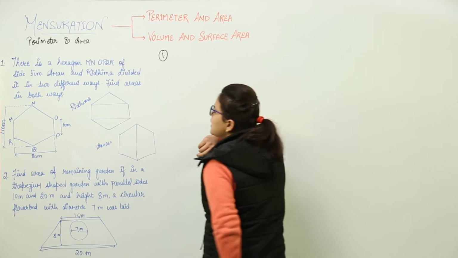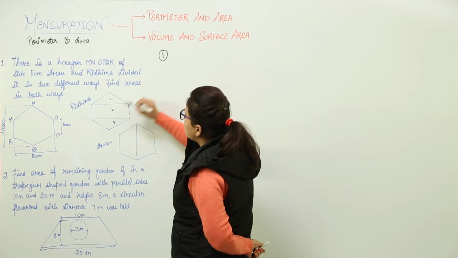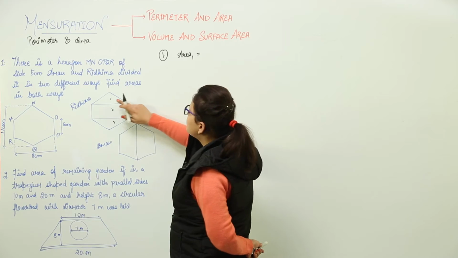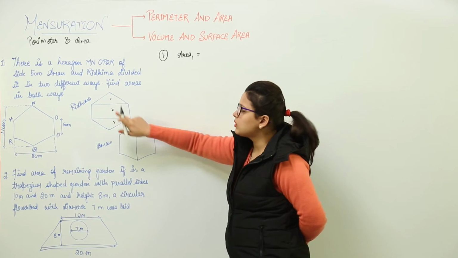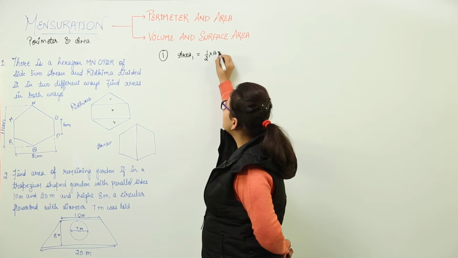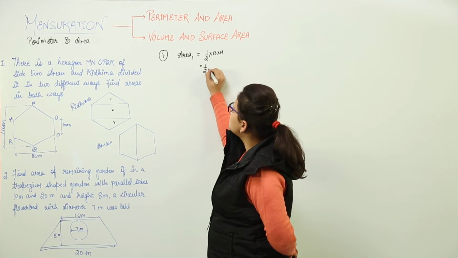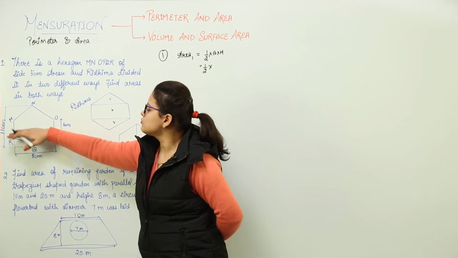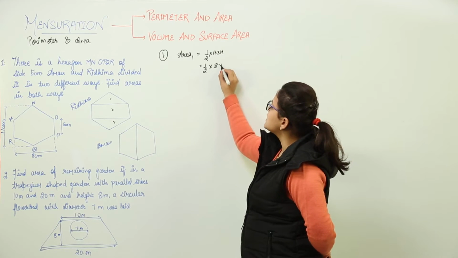According to Ridhima, the area has been divided into 3 parts: 1, 2 and 3. So we will calculate area 1 at first. The first area you can see is a triangle over here. So we will calculate the area with the triangle formula, that is 1 by 2 into base into height. So 1 by 2, what will be the base for this? The base would be this whole distance, which is given to us as 8 centimeters. So we put the base as 8.